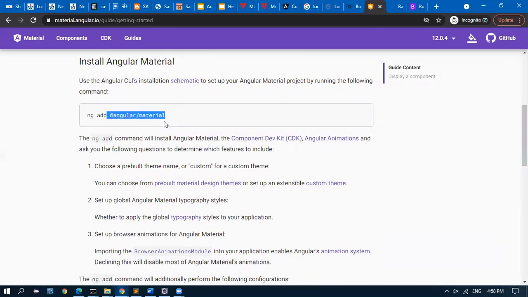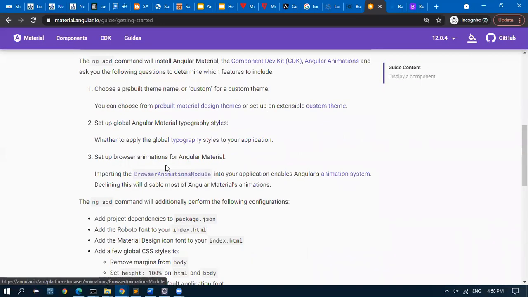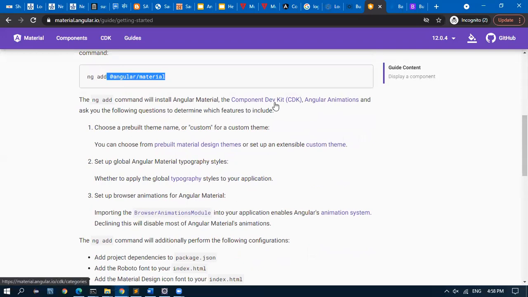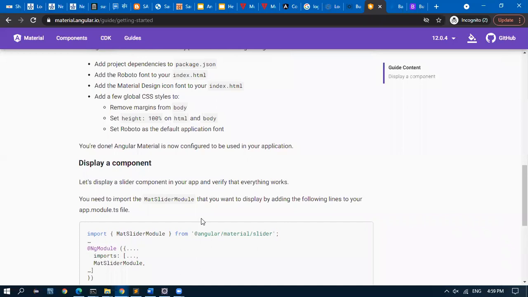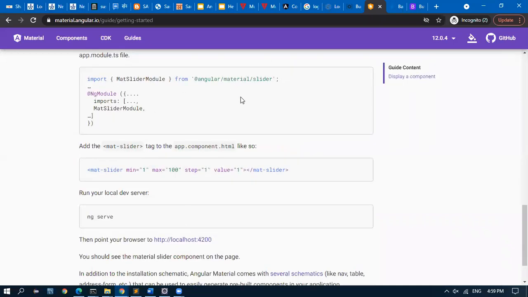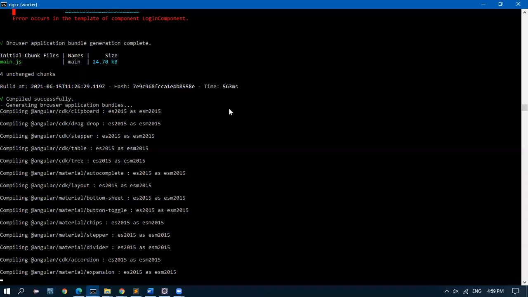I only stopped with this. But this will install the CDK build things, like the last time we installed CDK.